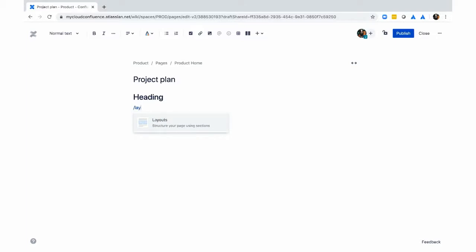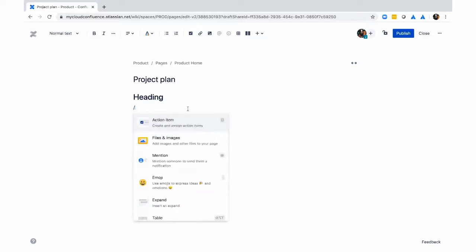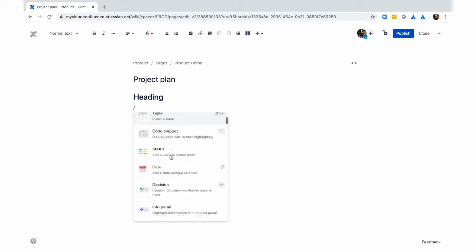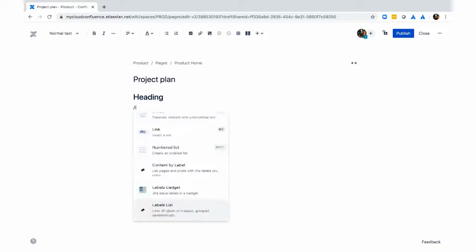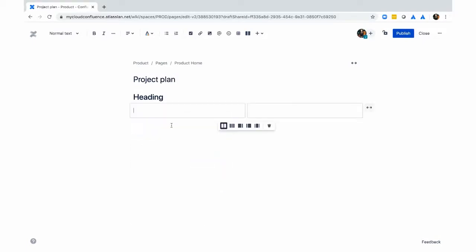So if you learn nothing else today, the most important thing is the / command. This is the most powerful feature in the editor, and it loads macros. And you can either start typing macros or do as Claire was doing, which is just scrolling through the list. So now she's adding a layout,